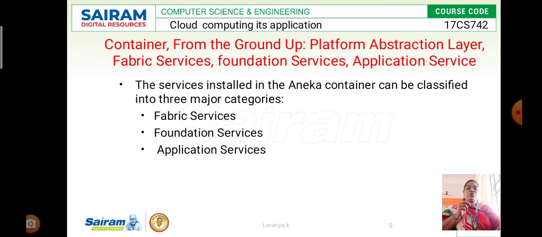These two services are the fabric classes. What they provide are profiling and monitoring, and resource management. In profiling and monitoring we have services such as heartbeat and reporting. The heartbeat makes the information collected through the PAL available, and monitoring as well as reporting implement the generic infrastructure for monitoring the activities of any service in the Aneka cloud. These are the many services they maintain in the Aneka container.